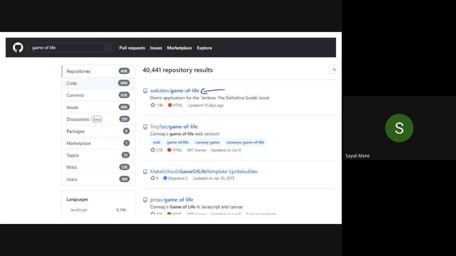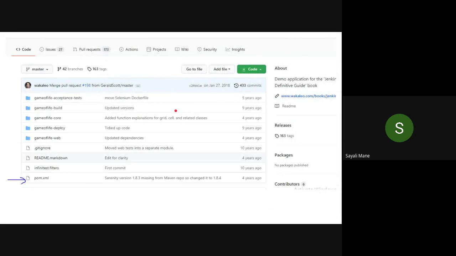Now you know the conceptual part, right? Now it is time to see how it looks in your project. Done? I'll go to the next one. When you open it, at the end you will see a pom.xml file.